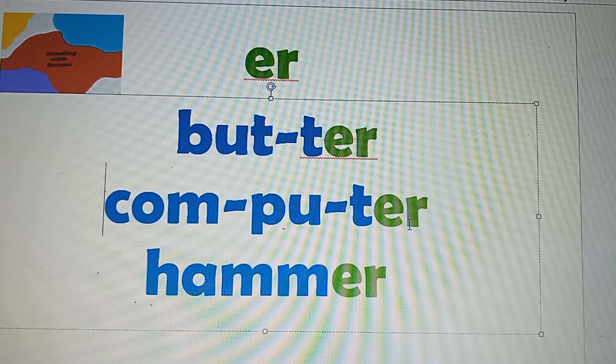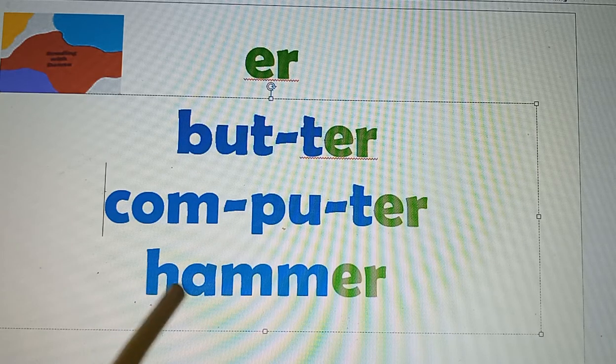Computer. And we can hear the U saying its name right there. That's an open syllable. So we have a closed syllable, an open syllable, and the controlled R. So we have learned 3 types of syllable there, and we can see that in one word. Now we're moving down to